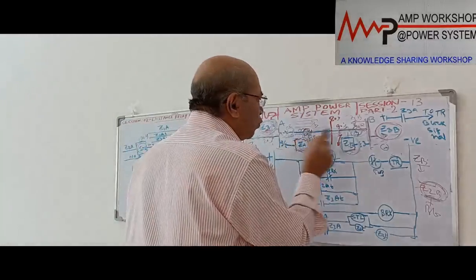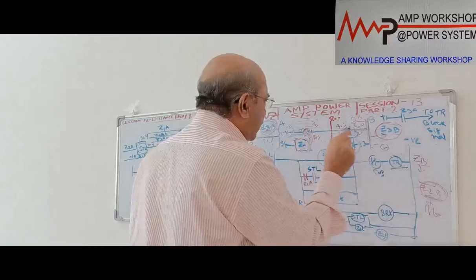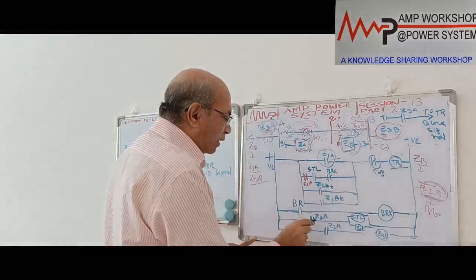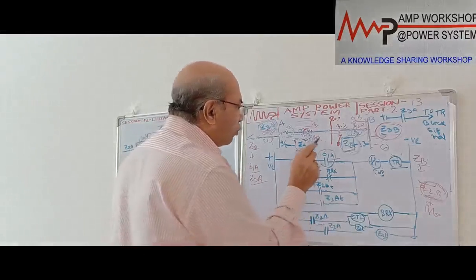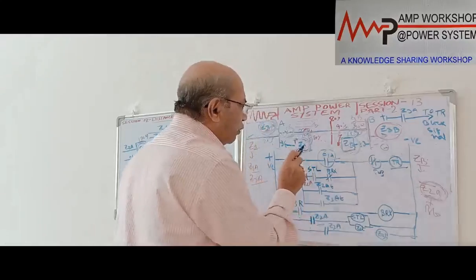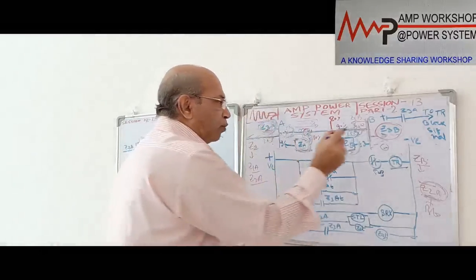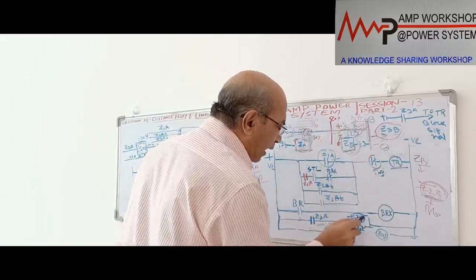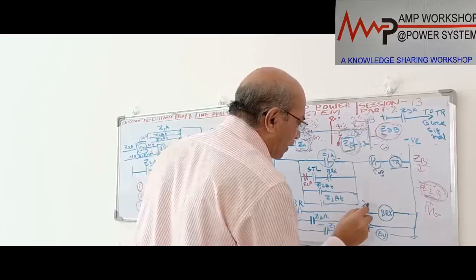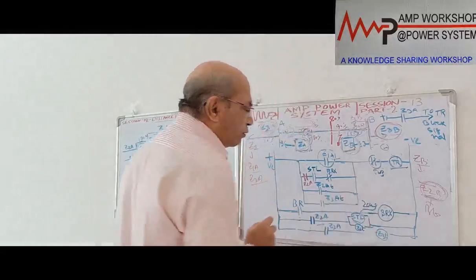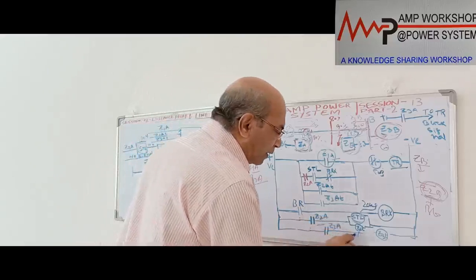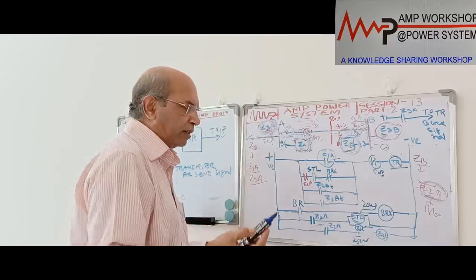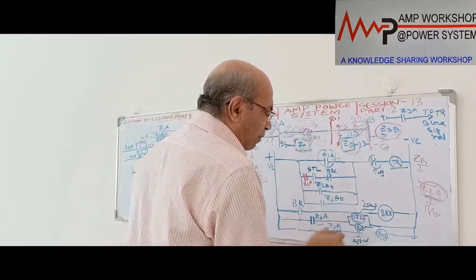At this end, zone 2, when the fault is 90% from here, the zone 2 element will be operating. The zone 2 element has operated. This is your zone 2 element. When the zone 2 element is operated, it gives a time to receive the signal from the other end. So it is energizing a timer, a timer for 20 milliseconds. There are two timers. One timer is 20 milliseconds. The other timer is a standard timing, that is 250 milliseconds for operation of zone 2. That is the standard timing, 3-step distance. So it is energizing two timers.